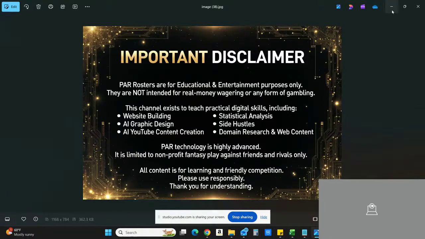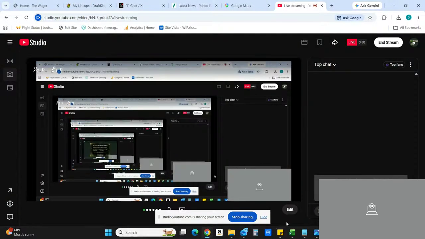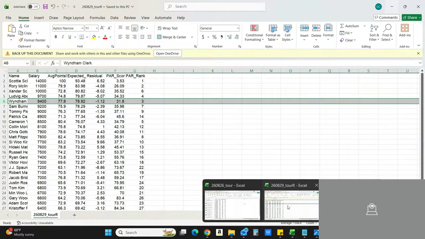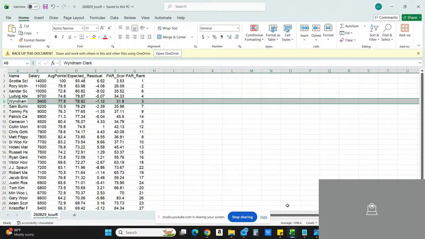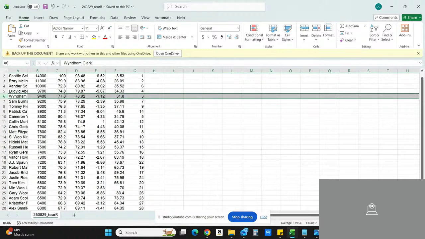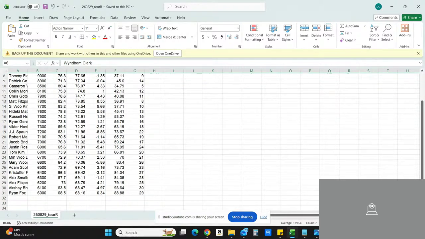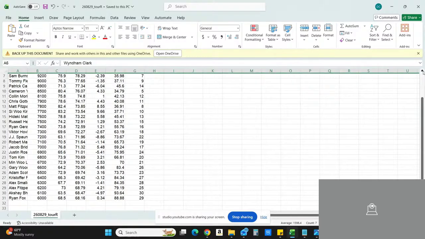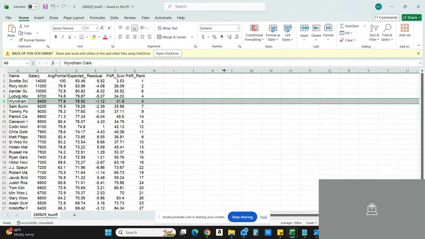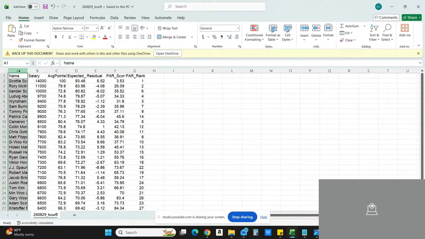So with that being said, let's get right into our PAR roster that we're releasing. This is for the Tour Championship FedEx, a limited number of players in this event. There are 31 listed on the roster that move on to the next round. But basically, this is a freshly uploaded roster, and we're going to take a look and see what